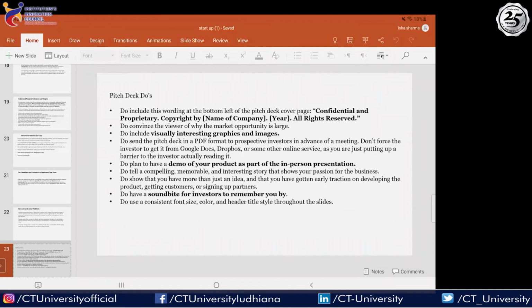Then please introduce facts and figures rather than too much theory, so that people can look at what kind of profit you can make, what you can achieve, what the problem statement is, how you are solving that problem. All that needs to be written. If possible, if a demo is possible for the kind of product and services that you're doing, do that in person.